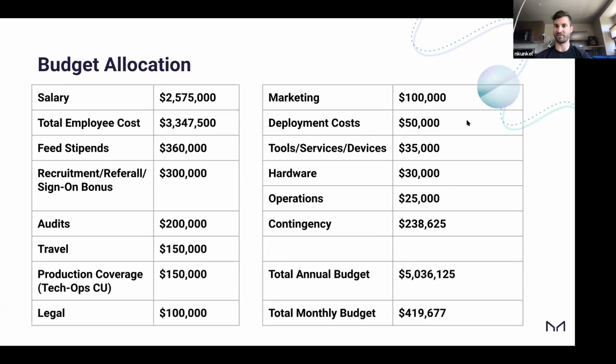So I would rather be very upfront that, yeah, because it's going to take us a while to spin up to the full scale that we're envisioning, which is what this budget is priced for, we won't spend that in the first year. But going forward, this is what a normal Oracle core unit annual budget is going to look like.